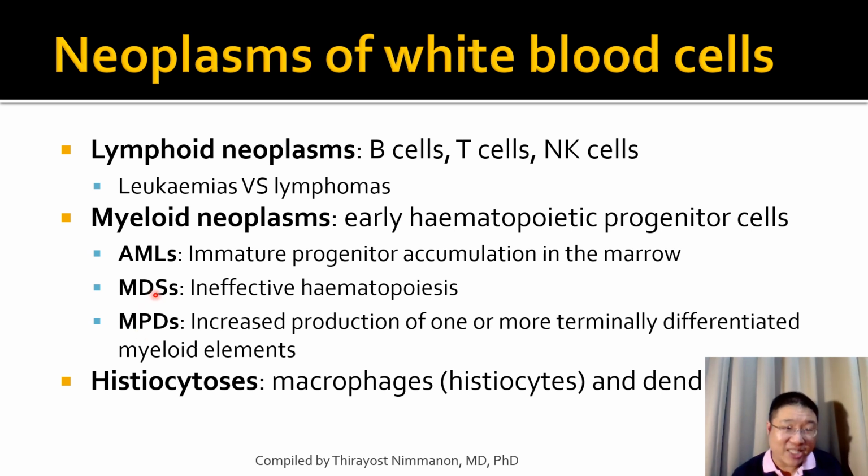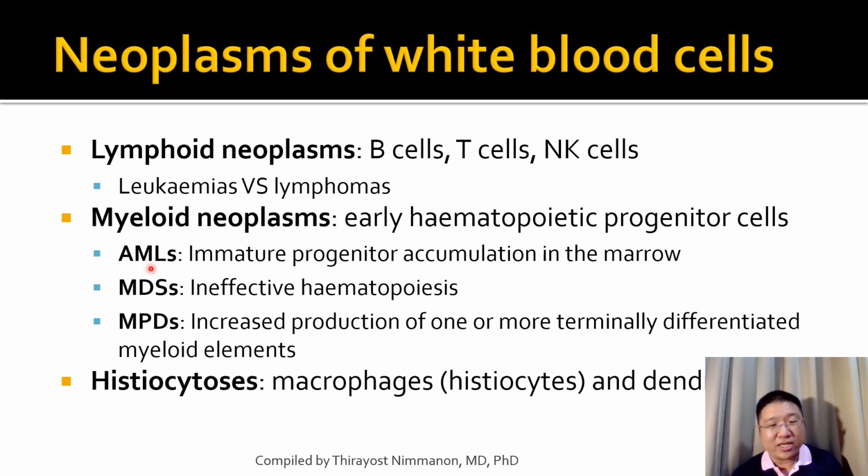For the myelodysplastic syndrome, dysplasia, abnormal growth, right? So we expect to see abnormal cells within the bone marrow, and the dysplastic change or abnormality of those cells results in ineffective hematopoiesis. In these conditions, we expect to see increased cellularity within the bone marrow and decreased cells, cytopenia, within the peripheral blood. And the last group,